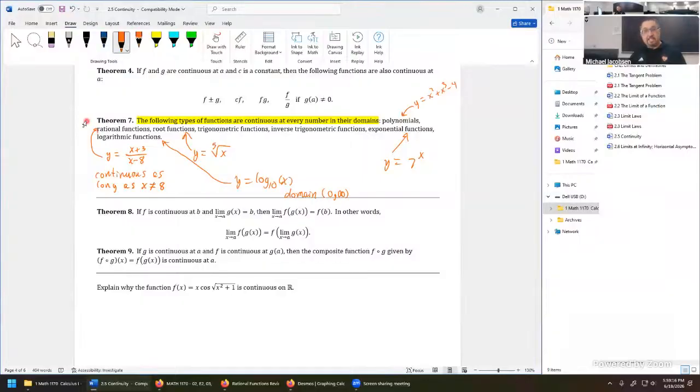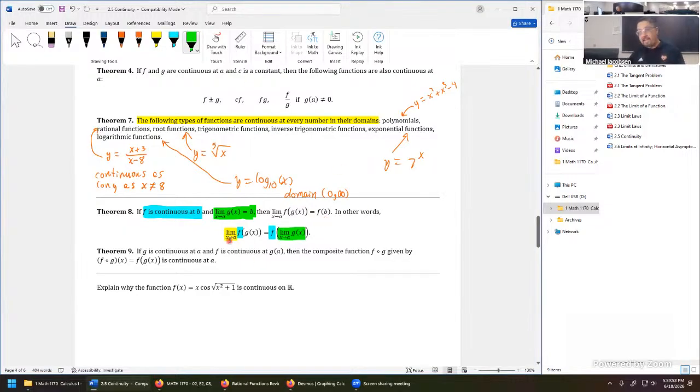Okay, Theorem number 8, we're getting through the list here. This one is a nice property that we're going to cite here and there when we take limits. It says if your outer function f is continuous at a number b, and the limit of g exists and equals b, then you're allowed to take a limit operator, limit as x tends towards a, commute it inside the function, so f stays where it is, this becomes b, and you just get the result f of b